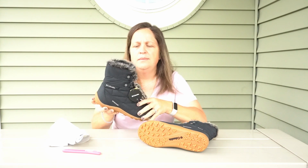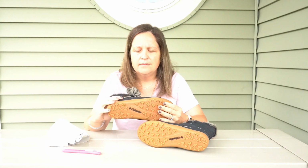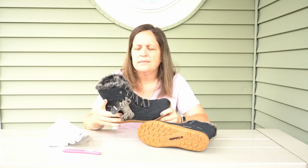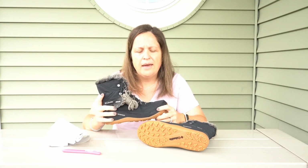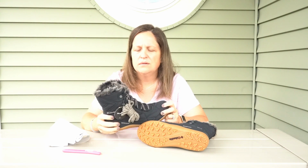I was debating between the Shorty and the mid. The mid just gives you more coverage, and we have tough winters out here in New York, so I don't know if that will impact the quality of the boot for what I need it for. Last winter was pretty calm. We didn't have a ton of snow. So that's kind of why I went with the Shorty